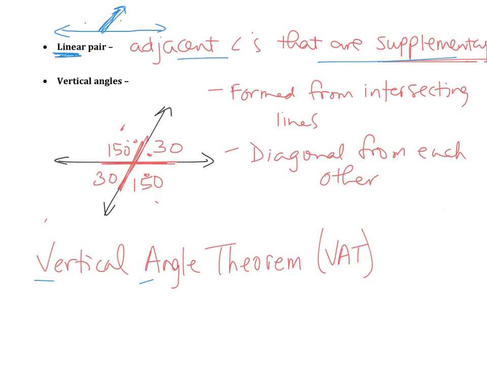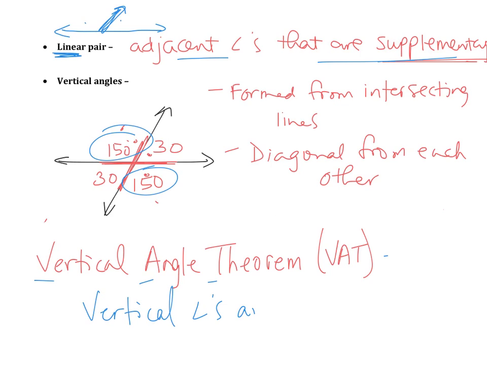V for vertical, A for angle, T for theorem. The vertical angle theorem tells us something about vertical angles. Well, you should see it already. What's true about our vertical angles? What's true about 150 and 150? They are the same. So the vertical angle theorem basically says that vertical